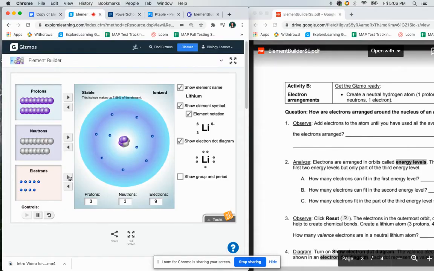5, 6, are there 9? There should only be 8, but maybe I don't see. Let's go to a different one. Oh, here it is. Okay. All right. So, okay, here we go. Oh, I see. So there's 2 here, and then now we have 8 out here,